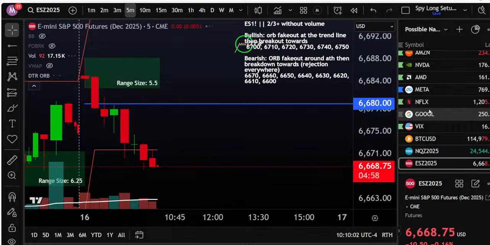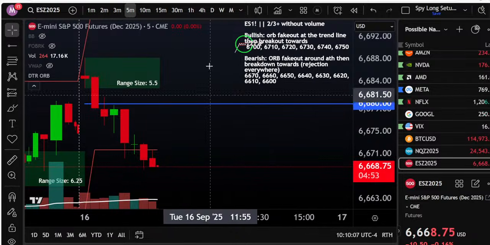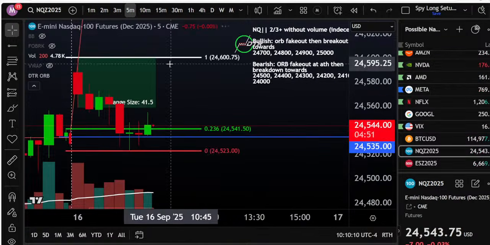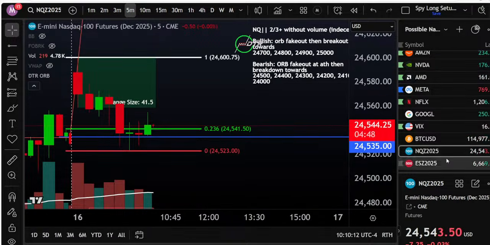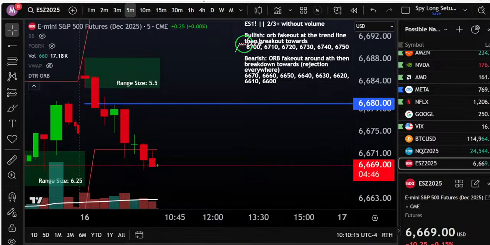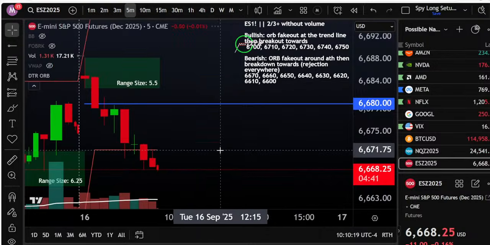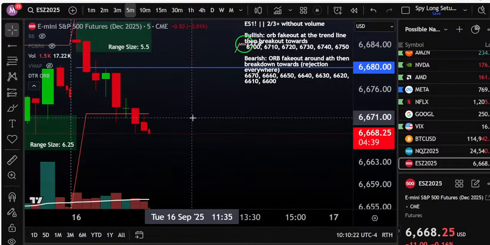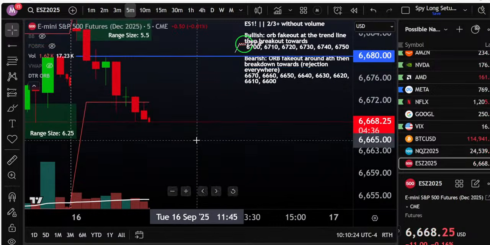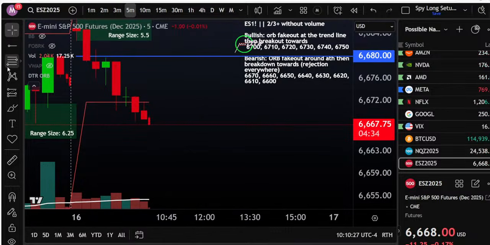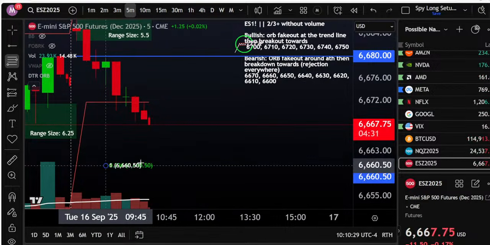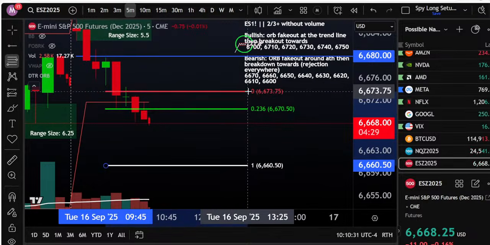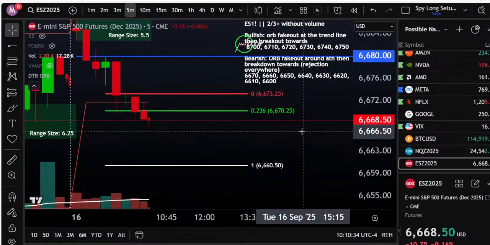Again, I don't like the divergence between ES and NQ. That maybe makes me a little bit uncomfortable. It's kind of a weird sell-off day so far. It looks scarier than it actually is. On ES, we'd be targeting 660. And I kind of want to see bulls fail in their attempt to reclaim control here first. And then once they fail,